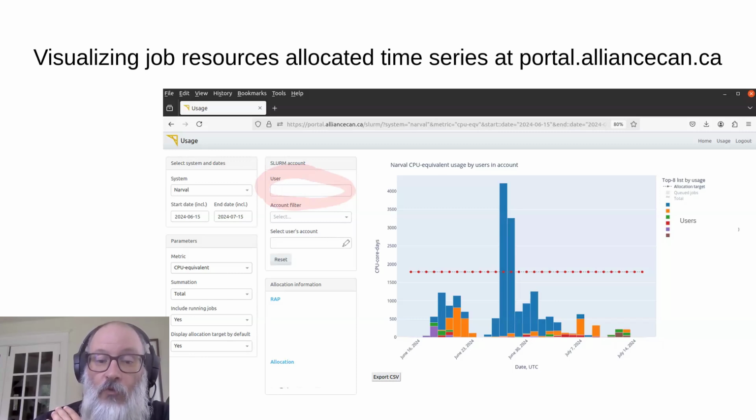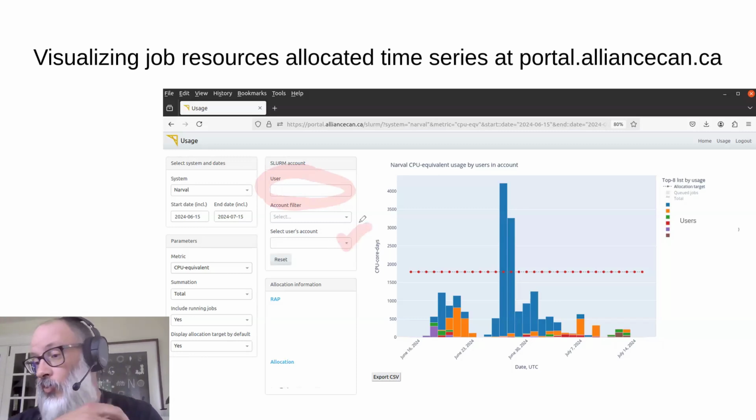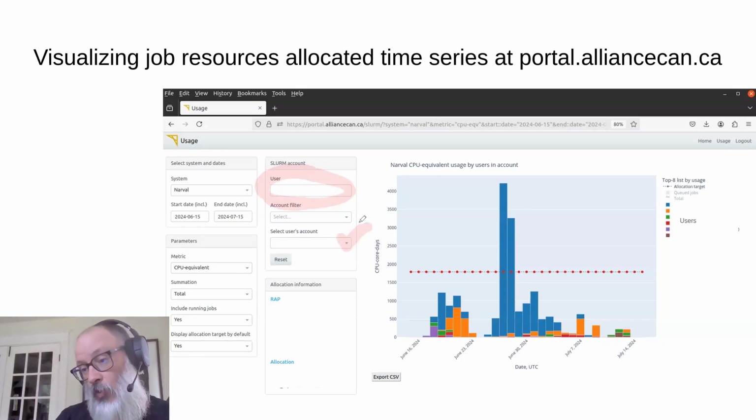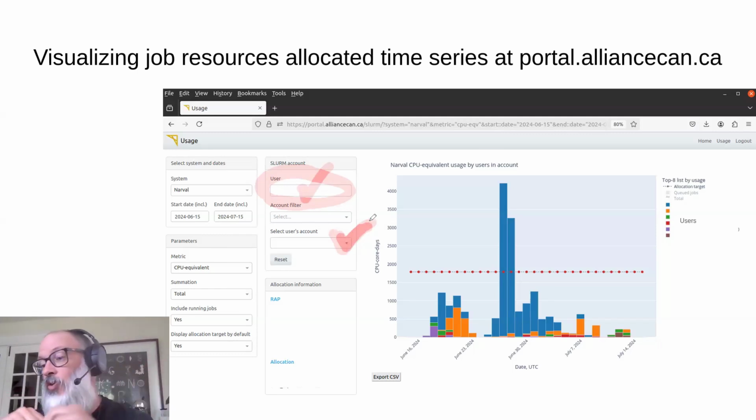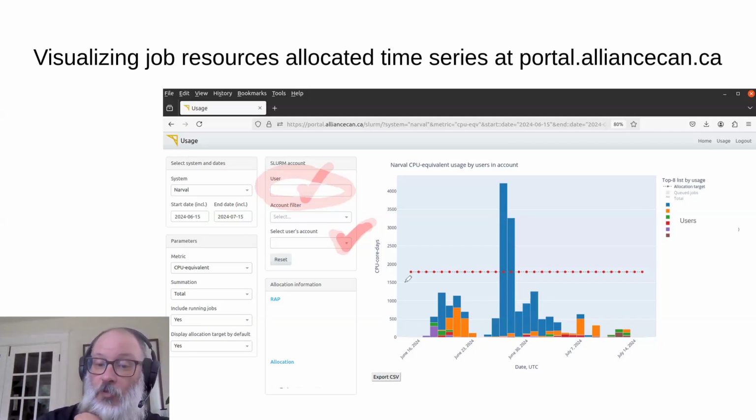Then all of the accounts that a researcher belongs to, so each researcher, each student or staff or collaborator, can be part of various projects as different roles within the system. Once you sign in as a specific user, this will list all of the accounts that you can see, and then you can pick it. So whenever you're a part of a resource allocation project, you can select that one, and then it will display